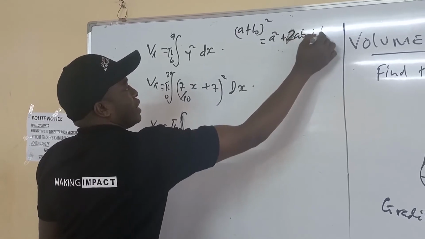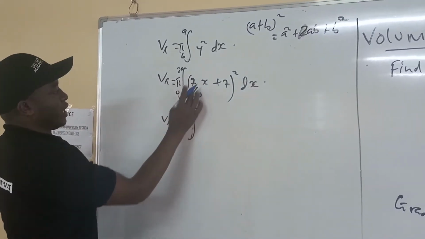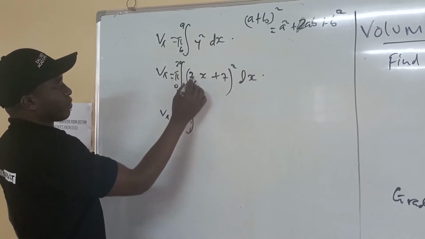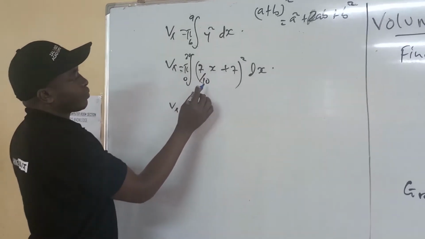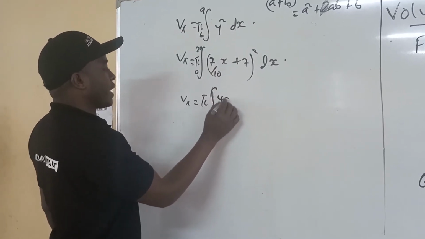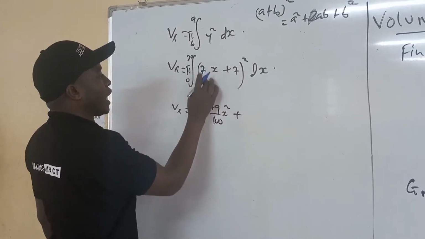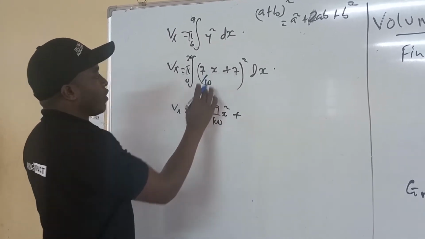We use the same concept here, then this becomes 7 over 10 x squared, so it will be 49 out of 100 x squared plus 2 times 7 over 10 times